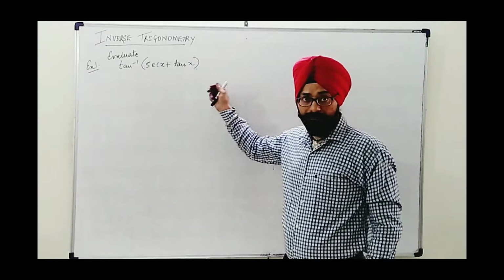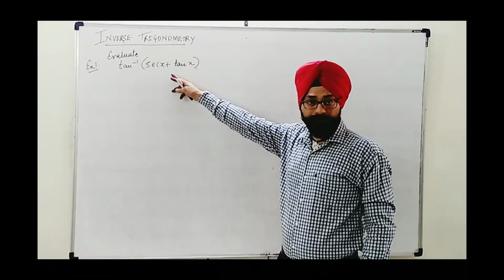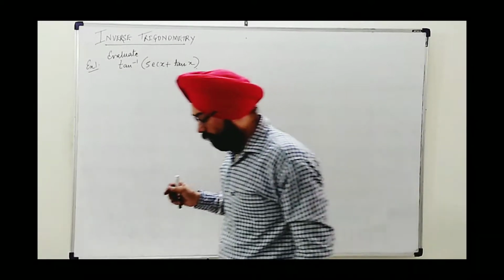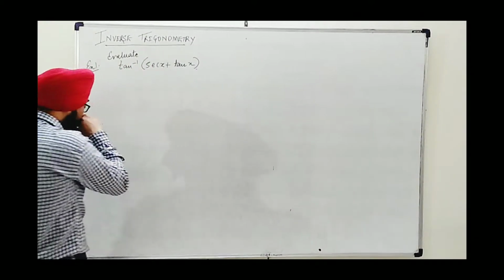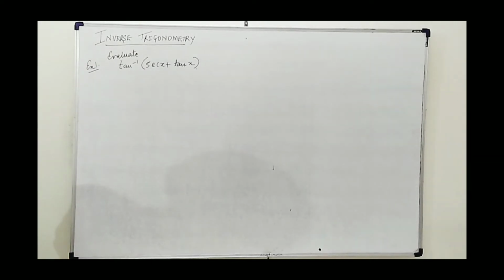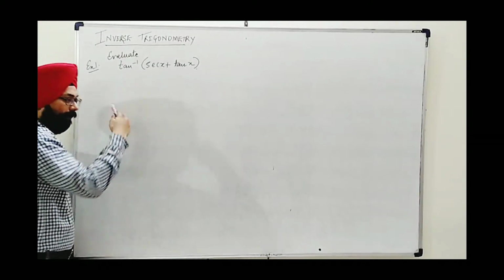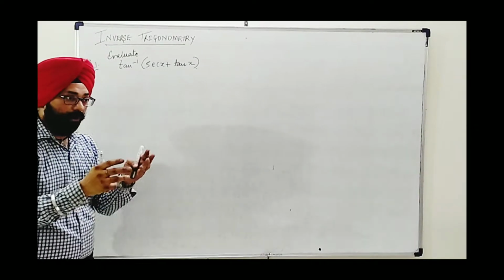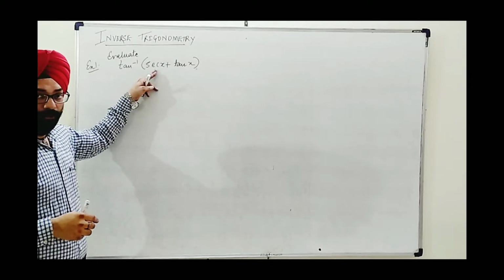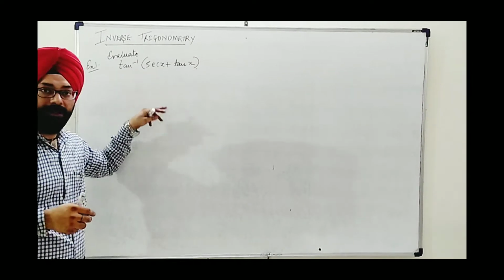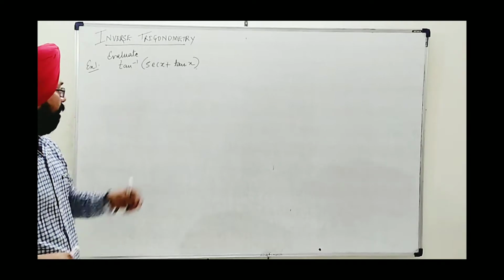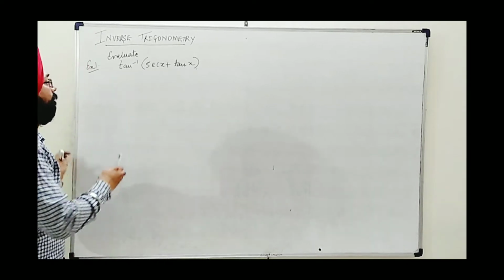For the first example, I have taken tan inverse of sec x plus tan x. We need to evaluate it. I see here we are given sec x and tan x in brackets, with tan inverse outside. Whenever such an expression is given, we do our best to get one tan in continuation so that tan inverse and tan can be eliminated by the law of cancellation. But for that we need to apply some identities of trigonometry.